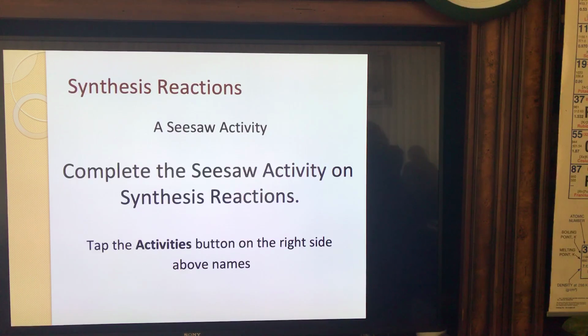So what I want you to do next is go over to Seesaw. And in Seesaw, what I'd like you to do is to complete the activity that deals with synthesis reactions. So to help you do that, I'm going to walk you through, once you're over into Seesaw, what that's going to look like. So I'm going to start here and go over myself